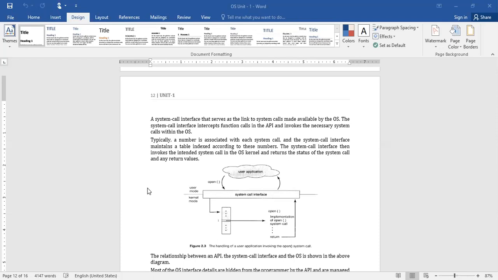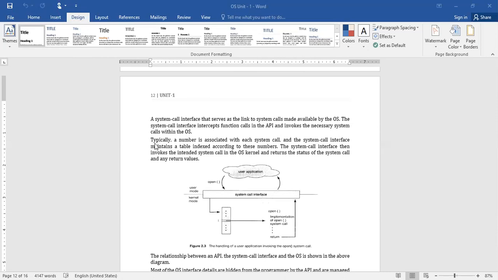So internally that needs to be changed into the system call so that it gets executed by the kernel, so that we are able to interact with the operating system. Our code is going to prompt to display the greeting message on the output device. In order to do all these things, we need to have an interface. That is what we call the system call interface.